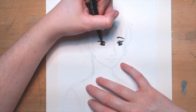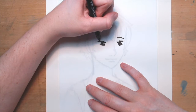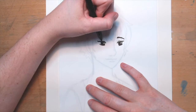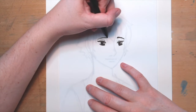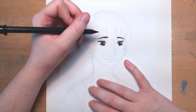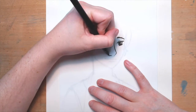Tip number 1. Consider how you're going to use the character. What kind of project are they going to be in? Are they for a comic, an animation, or to illustrate a story you wrote, or even just to use in a series of drawings? What universe do they come from, and should they have a certain style or look to them? Do they need to match other characters or a specific setting? And of course, are you going to have to draw them repeatedly? These are all things that might inform your decisions for how you create your character, and I think they're worth